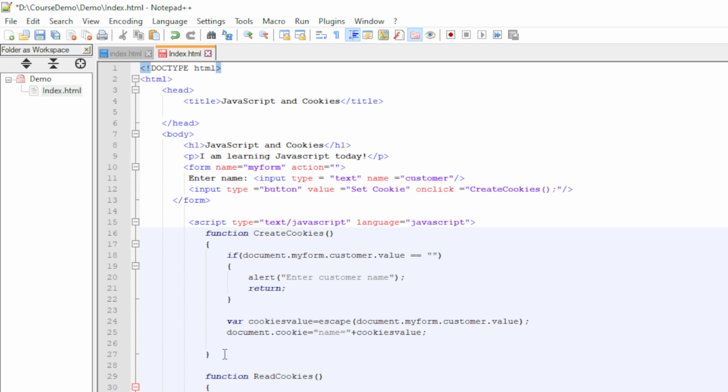Here all cookies is equal to document.cookie.